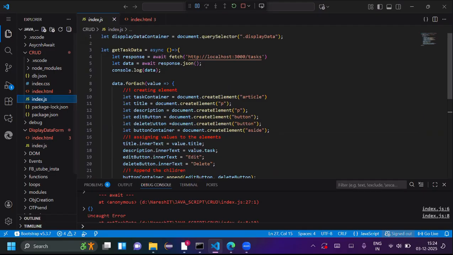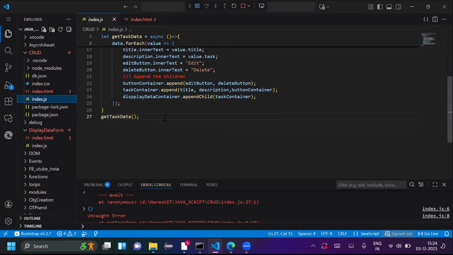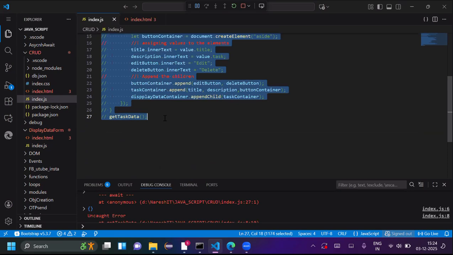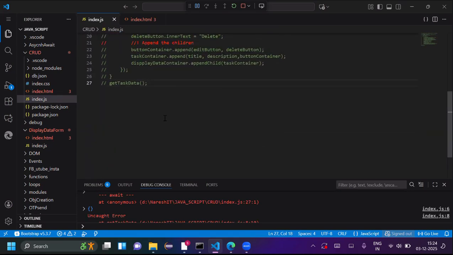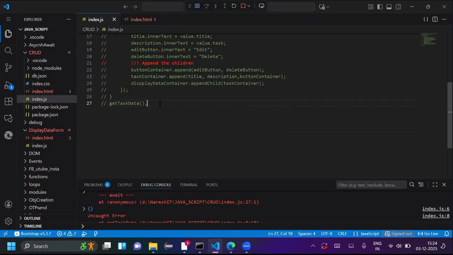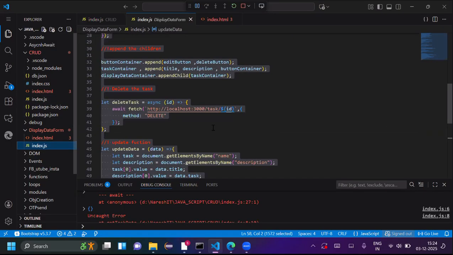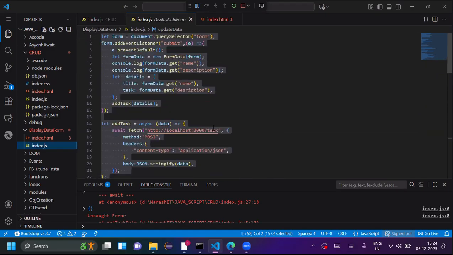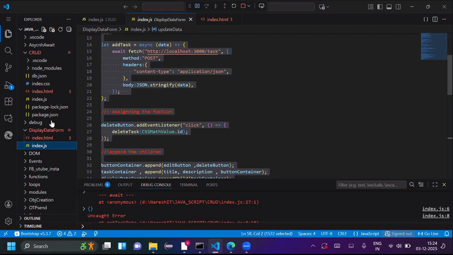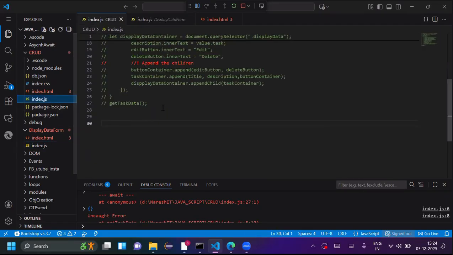नहीं ना? हाँ सर, नहीं सिखाया वो। हाँ, फिर तुम अलग से एक्सपोर्ट कहाँ कर रहे हो? वो कमेंट क्यों कर रहे हो अब तुम? ये पूरा मैंने इधर से कॉपी कर लिया ना सर, तो वहां पर गेट टास्क डेटा है ही नहीं। तुम्हारे पास ये इसमें नहीं है, तो उसमें कहाँ है गेट टास्क डेटा? तो आधा कोड उसमें है और आधा कोड इसमें है, ऐसा हो गया ना? एक ही कोड में लिखो ना, पूरा इंडेक्स डॉट जेएस में लिखो। हूँ ना सर मैं, अभी कमेंट इसलिए किया कि मैं बोला चलो इसके आगे का।